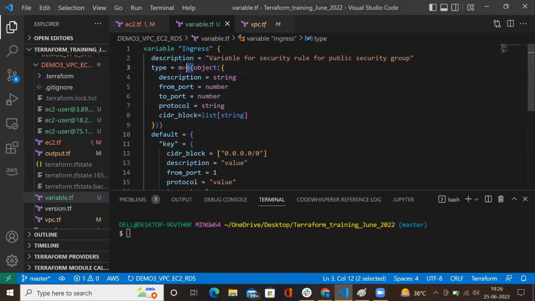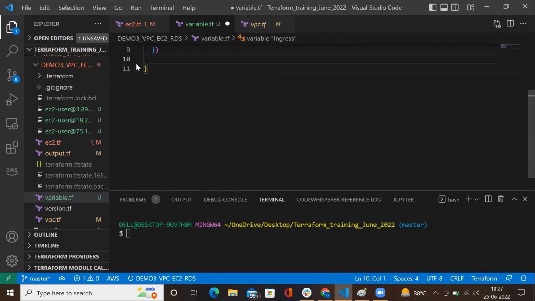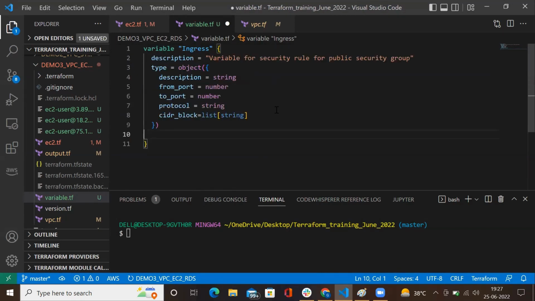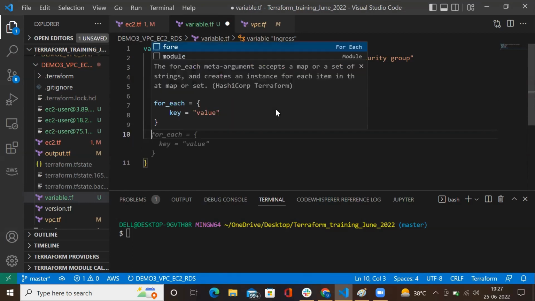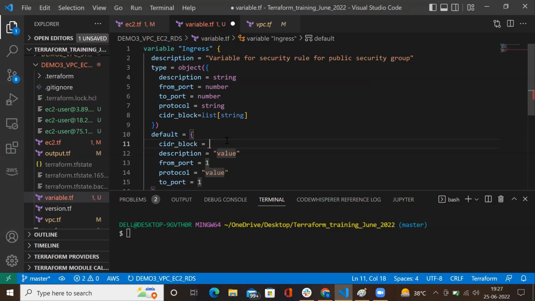In fact, we can just have object of this because we do not need curly close. Now again do the default. I will just explain you, don't worry. I'm just making things correct first. Okay, the cider block will be